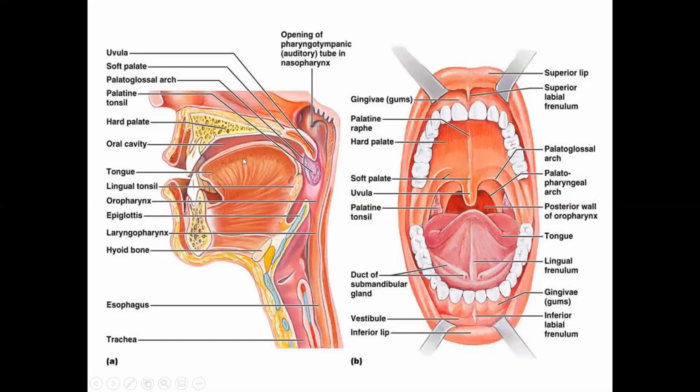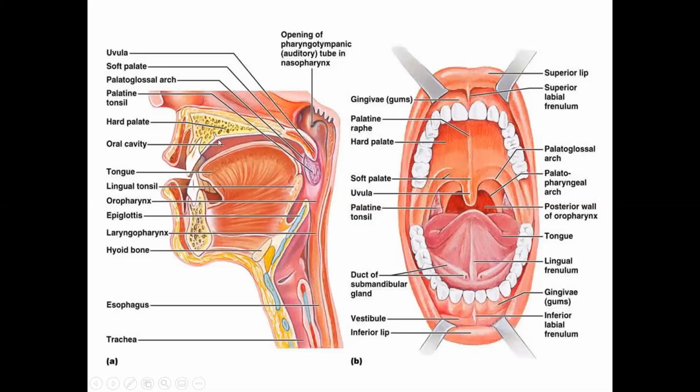The floor of the oral cavity is formed by the muscular diaphragm. The muscular diaphragm includes the muscles of the oral cavity, like the mylohyoid and the geniohyoid muscle, and the tongue. These three structures form the floor of the oral cavity. Laterally, we have the cheeks, which are composed of the bulk of the buccinator muscles. Externally they are covered with skin, and internally with mucous membrane. So the lateral boundaries of the oral cavity are the cheeks.